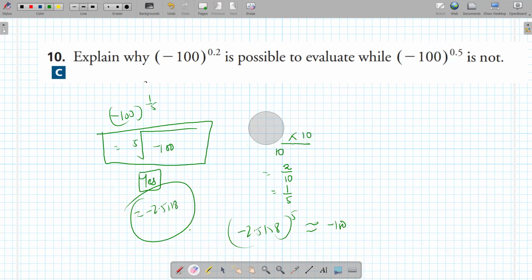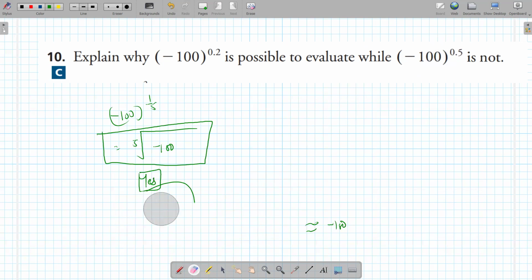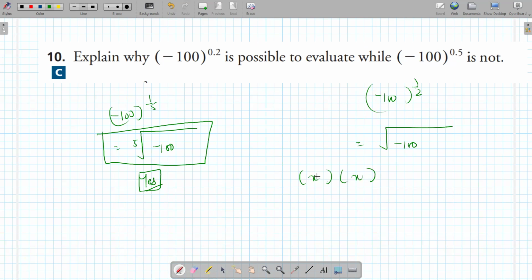What's 0.5 as a fraction? 1 over 2. That one's a little bit easier. Negative 100 to the 1 over 2 means the square root of negative 100, which means you're looking for a number. Let's say it's x. When you multiply x with x, you get negative 100. Does it exist? Can you take the even root of a negative number? No, you cannot,